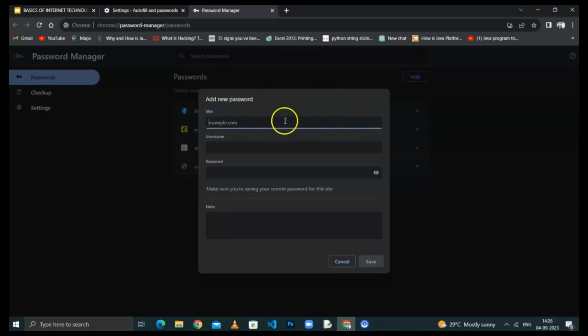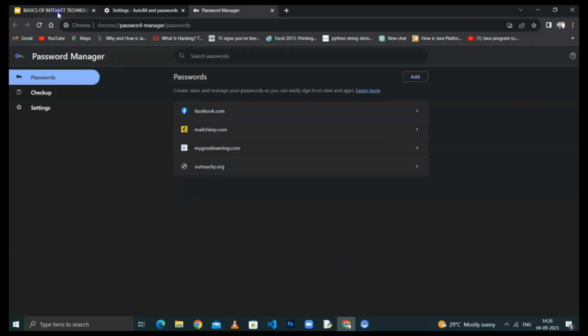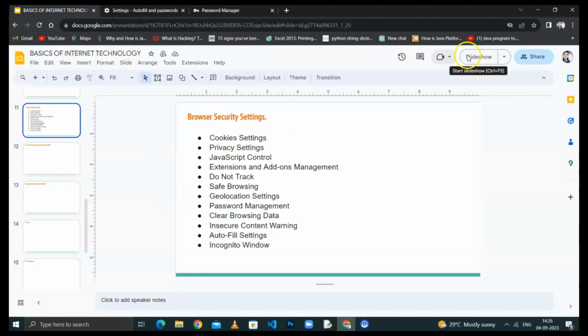If you want to add any website, you can add it from here. And ensure you choose a strong password for any kind of website, right? So moving on to the next type of settings,